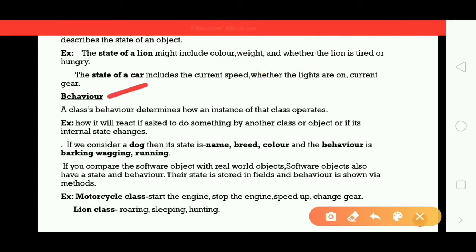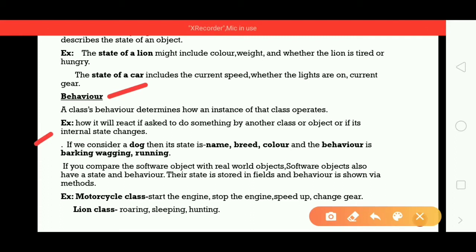Now behavior: a class's behavior determines how an instance of that class operates. Consider, it means how it will react if asked to do something by another class or object, or if its internal state changes. That is, guys, if I call some method on your object, how it reacts, that is the behavior.